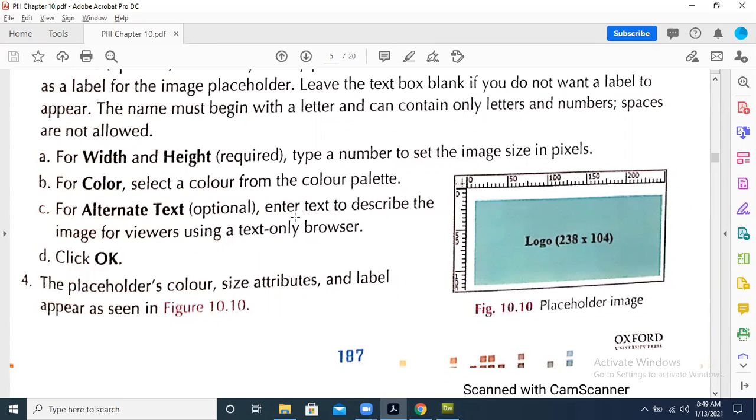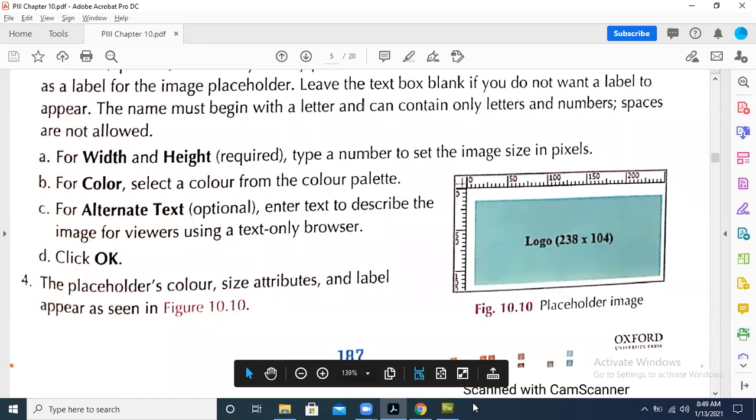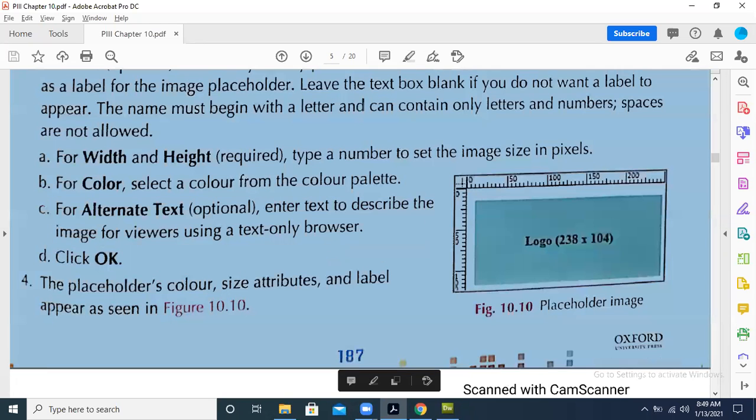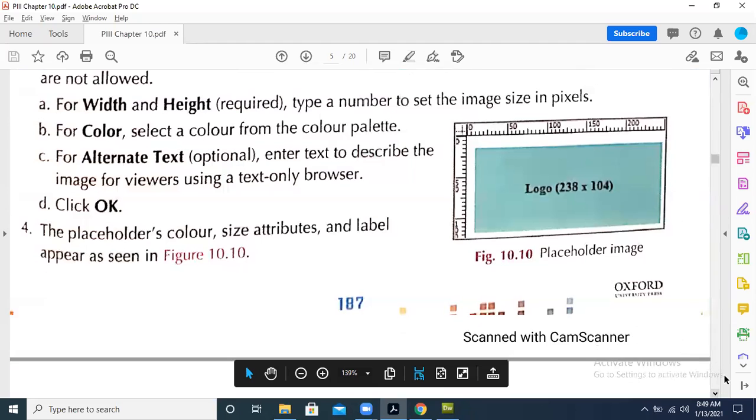If the image is not supported in a particular browser in which the user is opening this particular file, then he is going to see that text. Fine. Are you getting this point? Alternate text is displayed when the image is not supported by the user's browser.